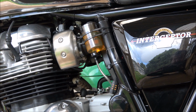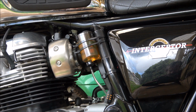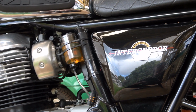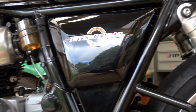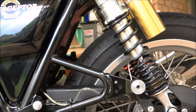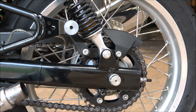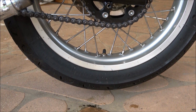Okay guys, I've completed the install now. I've left it about half an hour and just come back and had a look. So everything's all right. At first you're wondering for sure if it's working okay, but the chain was pretty clean and it had fresh oil, and it's pretty hard to tell if any was getting back into it, because it only sends a little bit down the line at a time. But when you look down here below,